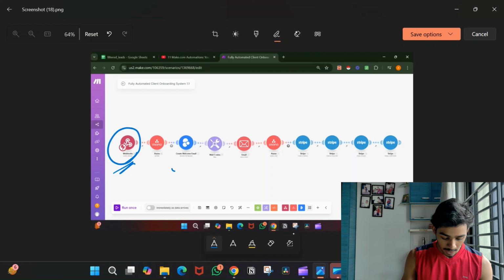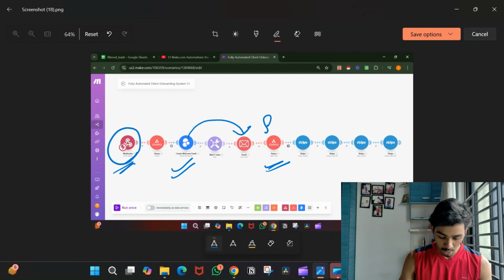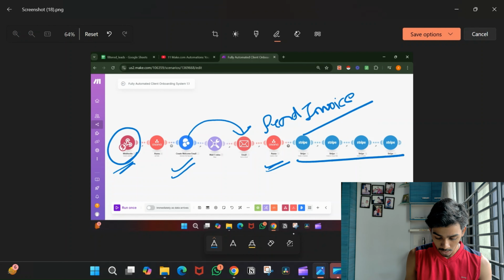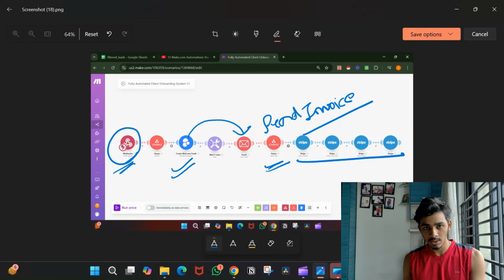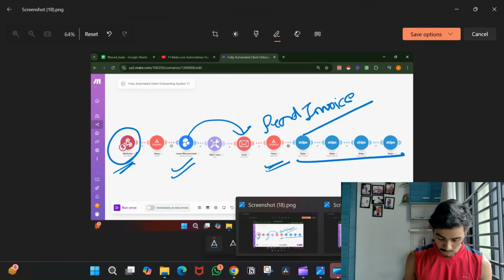Then using AI, we're going to generate a welcome email. Then we're going to send that email. Then we're going to update the task saying that now we've sent the email, now we need to send the invoice. So we're going to change the status to send invoice, and once we change the status to send invoice, this section is going to run, and then we're going to create an invoice and we're going to send it. That is the first part of the automation. The next part is,